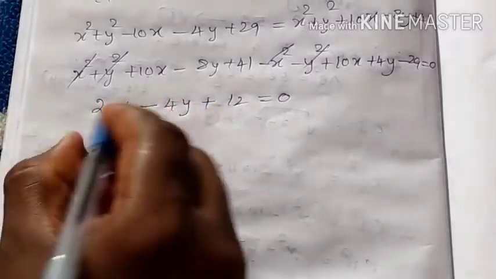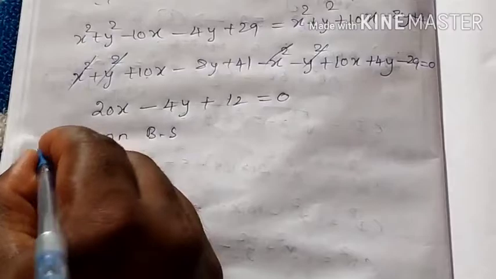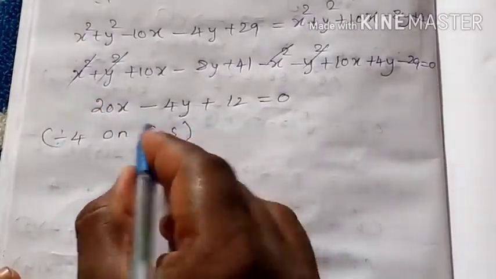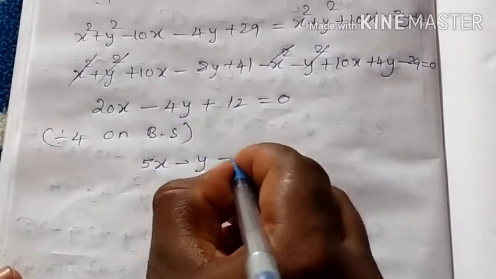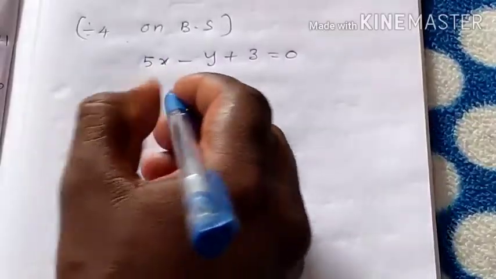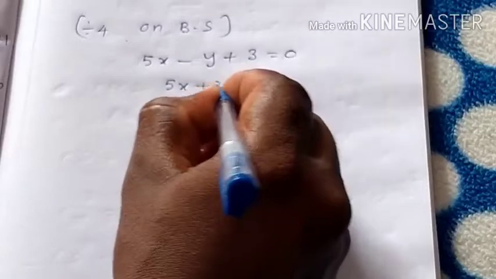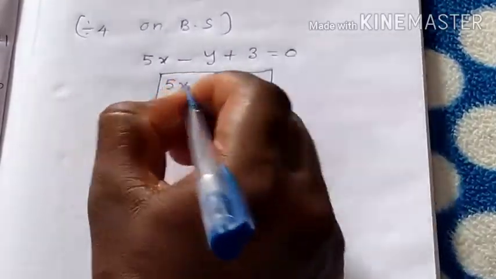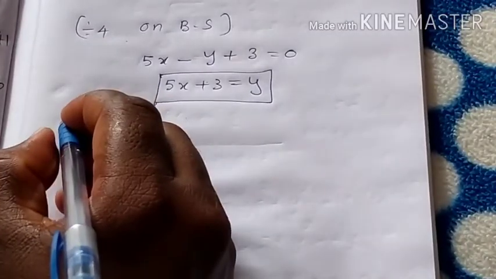These all are in multiples of 4, so divided by 4 on both sides. 20 by 4 is 5, so 5x. Minus 4 by 4 is 1, so 1 into y, plus 3 4s are 12 equal to 0. Then y equals 5x plus 3. This is y. So using the substitution method,